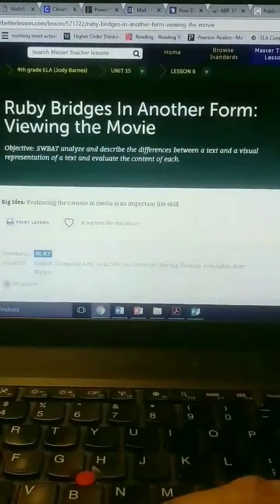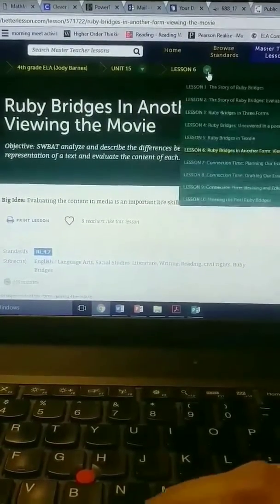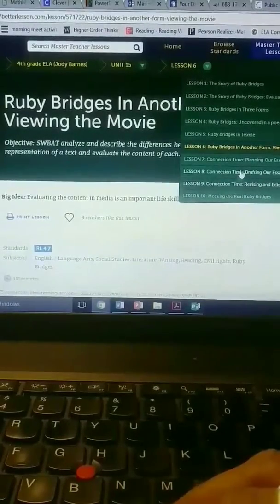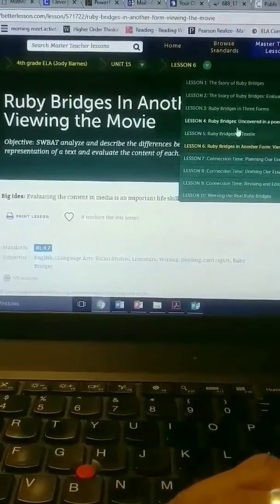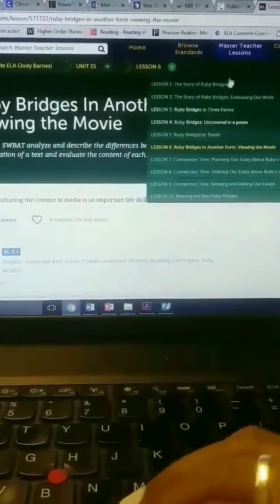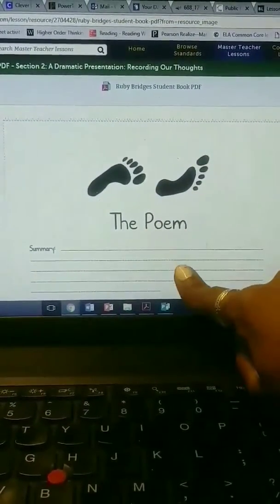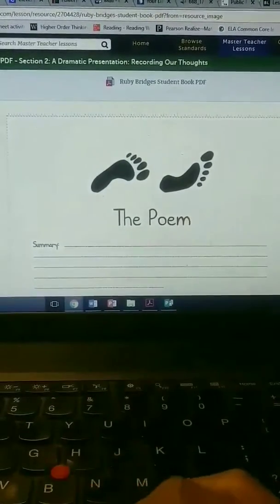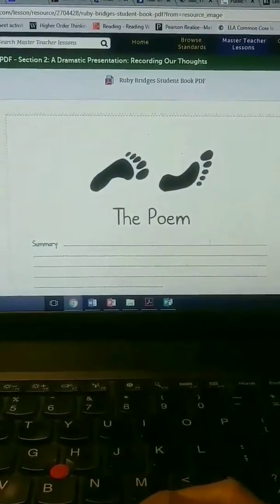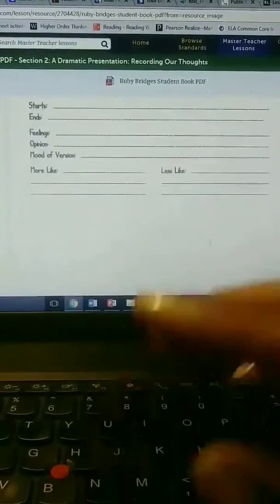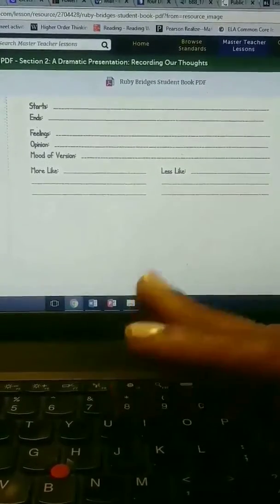But there may be an assessment in here. Meeting, connecting, drafting. So maybe I can use something in here as an assessment. But for right now, part of their assessment will be, we're going to do all the summaries together, but then they're going to have to do, no, that'll be a practice grade. So, in the end,